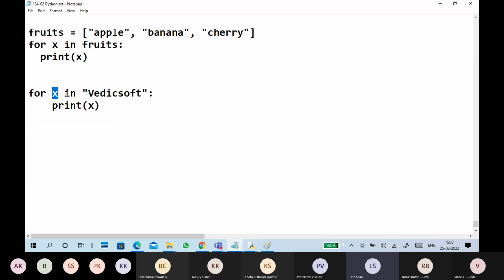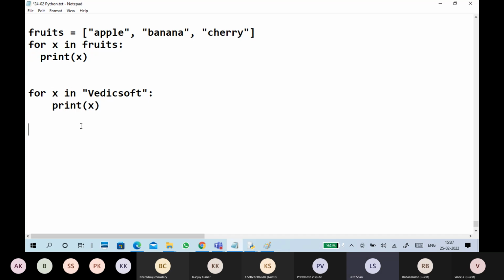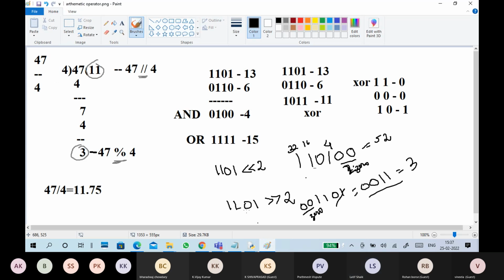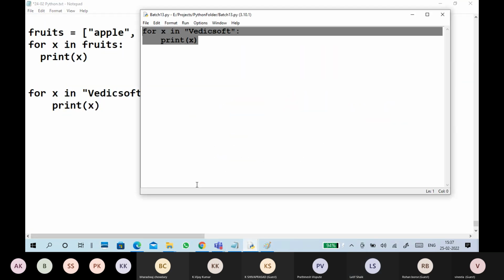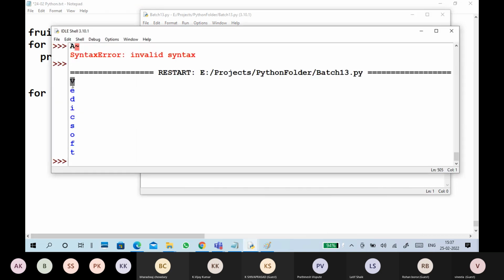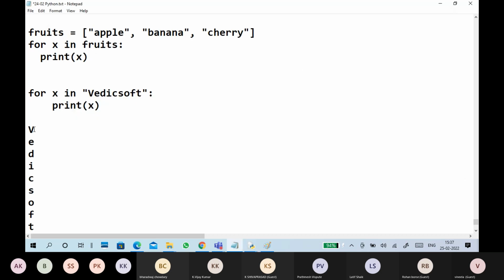Here it is the condition: till the condition completes, do the statement. That is the output.